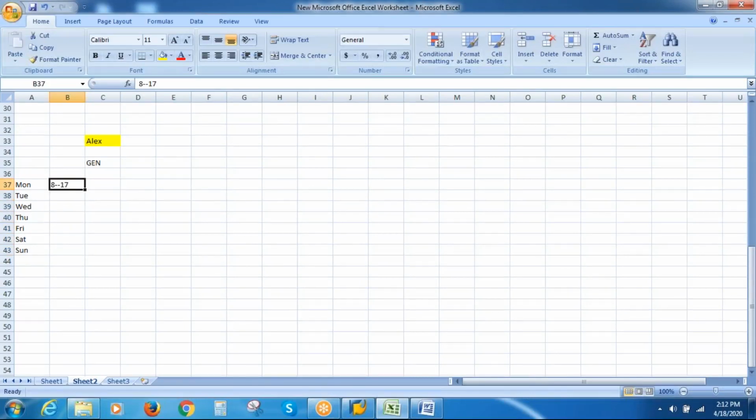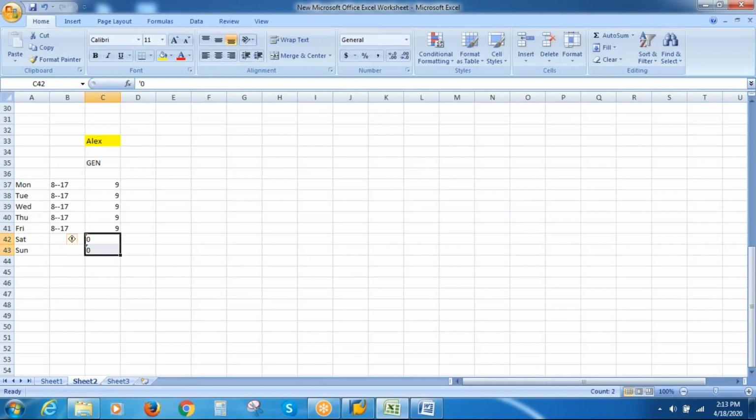Okay. Which means the employee is actually expected to work for how many hours? 9 hours, isn't it? 8 to 12 and 12 to 5, it's like 9 hours. The employee is expected to work for 9 hours each and every day. Saturday and Sunday, of course, are day offs, so we will not put any planned working hours. As per the planned working hours, the employee is expected to work for 0 hours, or the employee is not expected to work at all, right?